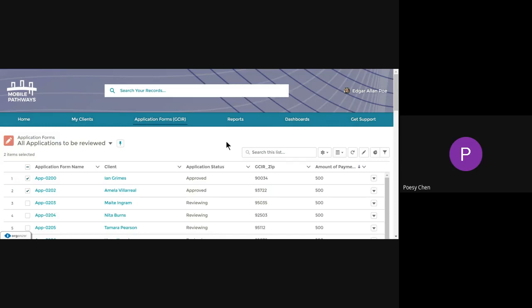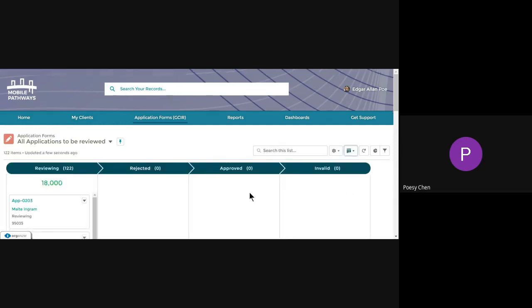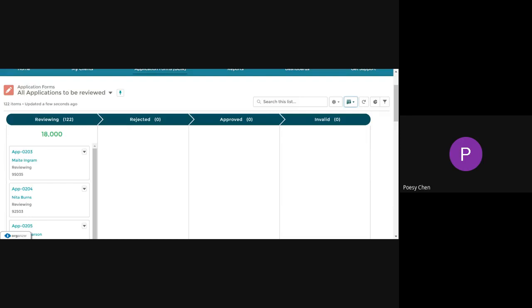Okay. One view that I like the most is the notion of a Kanban view. So if you were to come here, you can display it as a table or display it as Kanban. If you do this, you see how everything's organized into columns? I can simply drag and drop to move the various reports, various applications into the various statuses, and things are